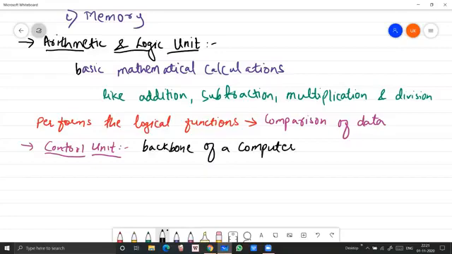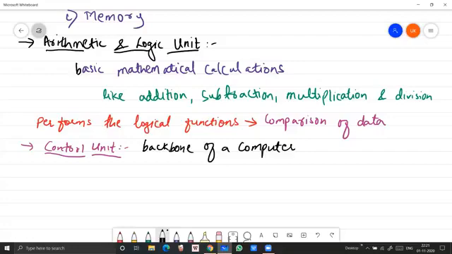Okay, students, because it is responsible for coordinating tasks between all the components of a computer system. The control unit collects the data from input units and sends it to the processing unit depending on its nature. That means depending on the command. So finally, what happens? It further transmits the processed data to the output unit to facilitate the user.